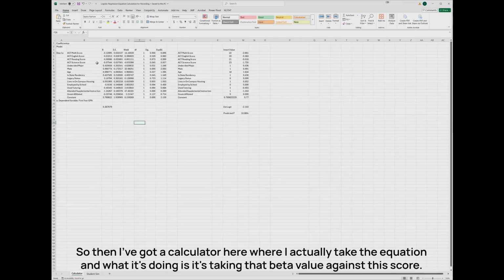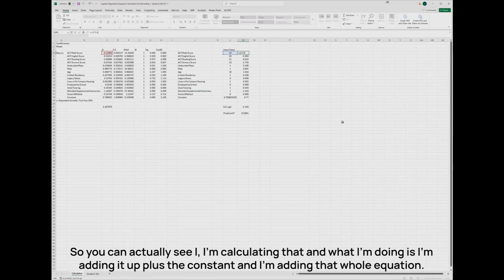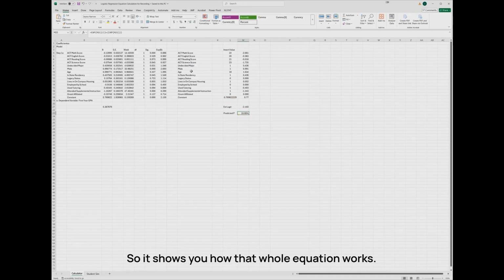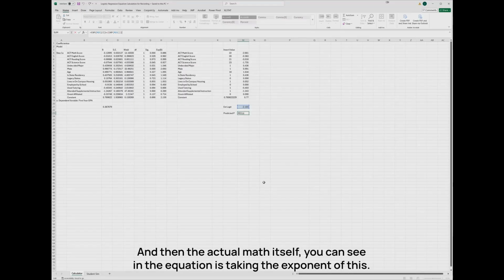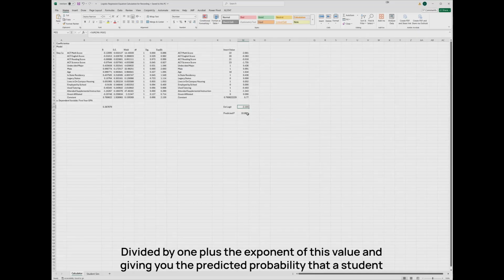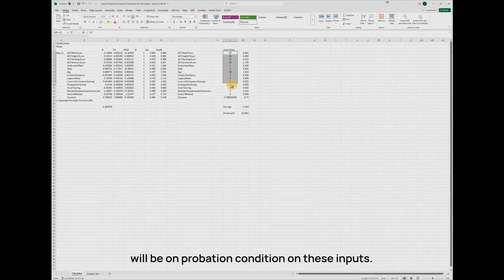So then I've got a calculator here where I actually take the equation, and what it's doing is taking that beta value against this score. You can actually see I'm calculating that. And I'm adding it up plus the constant, and adding that whole equation. So it shows you how that whole equation works. And then the actual math itself, you can see in the equation, is taking the exponent of this divided by 1 plus the exponent of this value and giving you the predicted probability that a student will be on probation